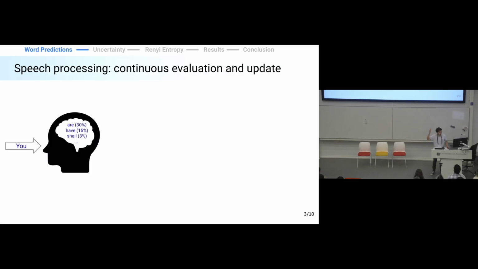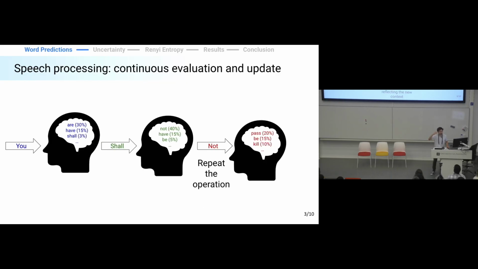Here you make a prediction, but then you get the new information which is added to the context. So you need to make a new prediction, and then you repeat that again and again. New words, new probability distribution, new word, new distribution. You get the gist. And interestingly, when you look at it this way, there are only two metrics that actually matter. The information contained in the word you receive, the surprisal, how surprising it is to actually hear that word, and the information contained inside of the distribution, uncertainty.